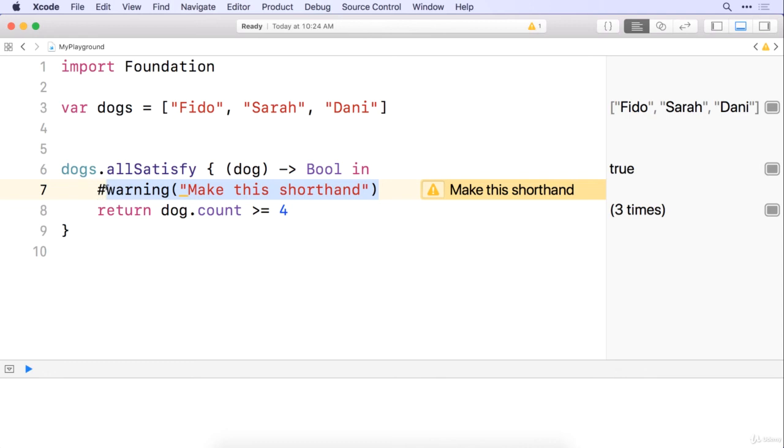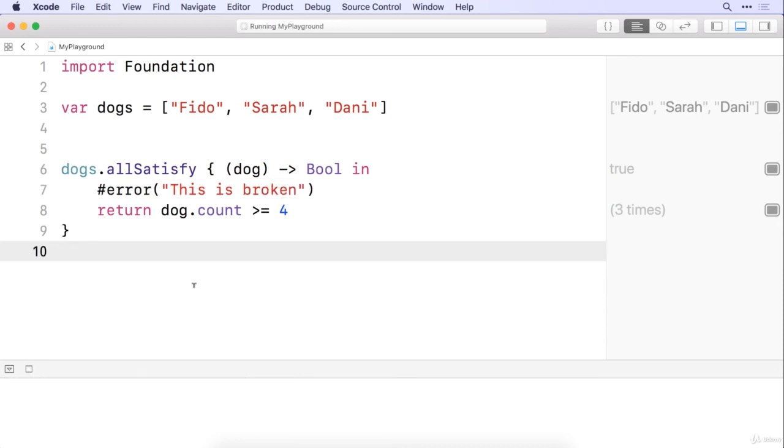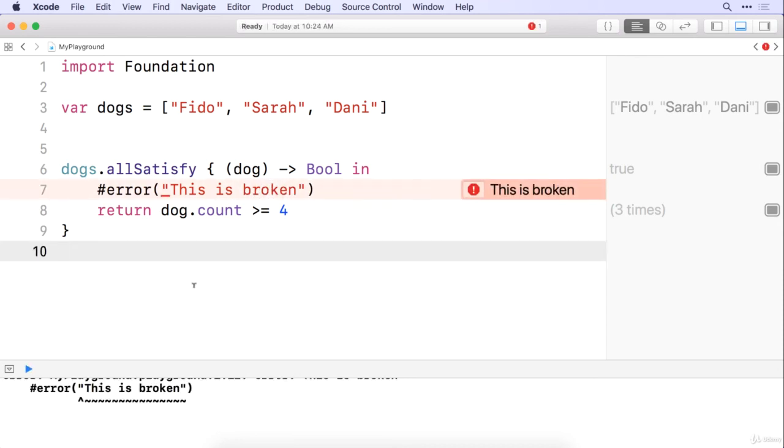Now, also, the other thing that you can do is produce errors in your code. So if, instead of #warning, you do #error, all lowercase, same thing with parentheses and a string, and we'll just say this is broken, something like that. This creates an error, which straight up means that your code's not even going to compile, right? Like if this was in an iPhone app, we wouldn't be able to run the iPhone app, and you might be saying,